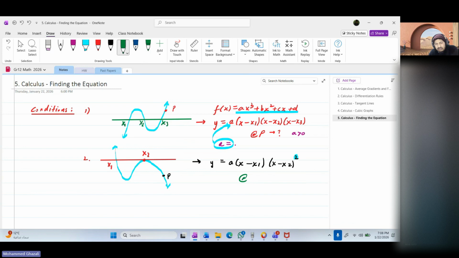So there's some other point P. P can be anywhere along this line, but it must be different from the x-intercepts. So at P, why are we substituting P? To get the value of a. In this case, the value of a will be less than 0 because you can see the shape of the cubic function. So this is your second condition. Your third condition